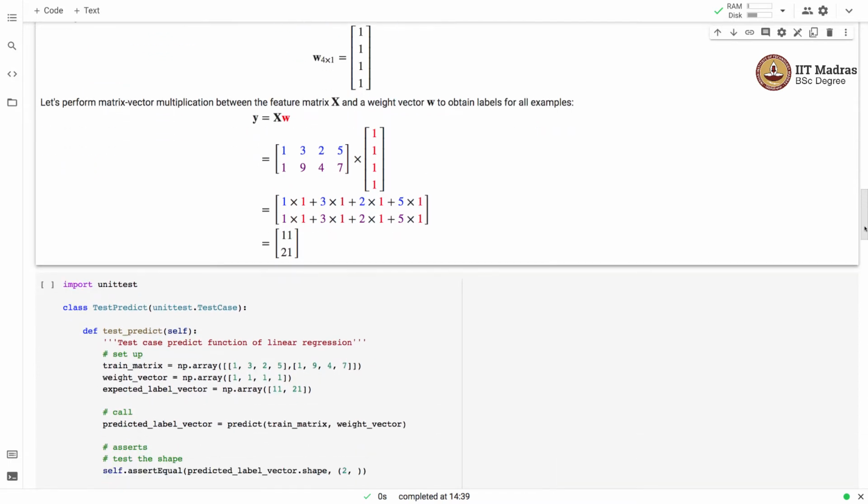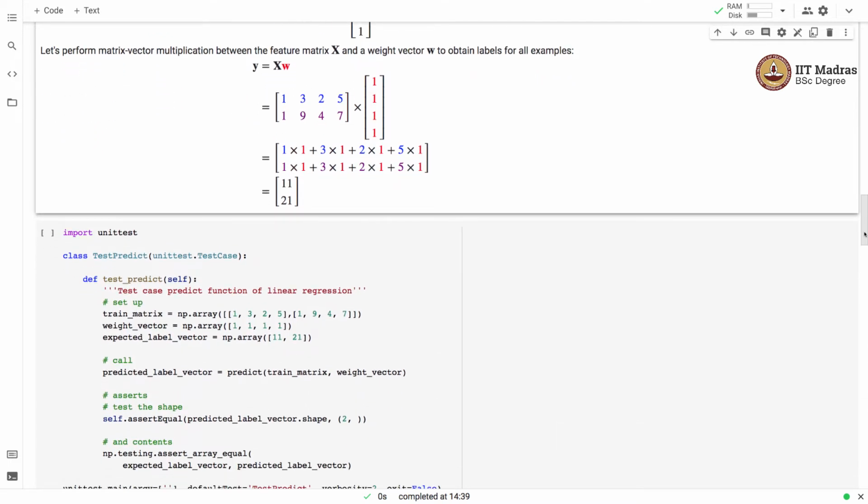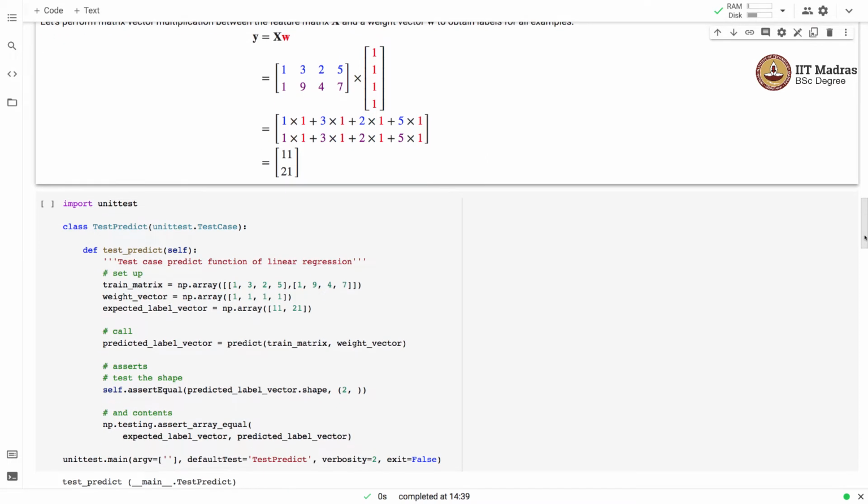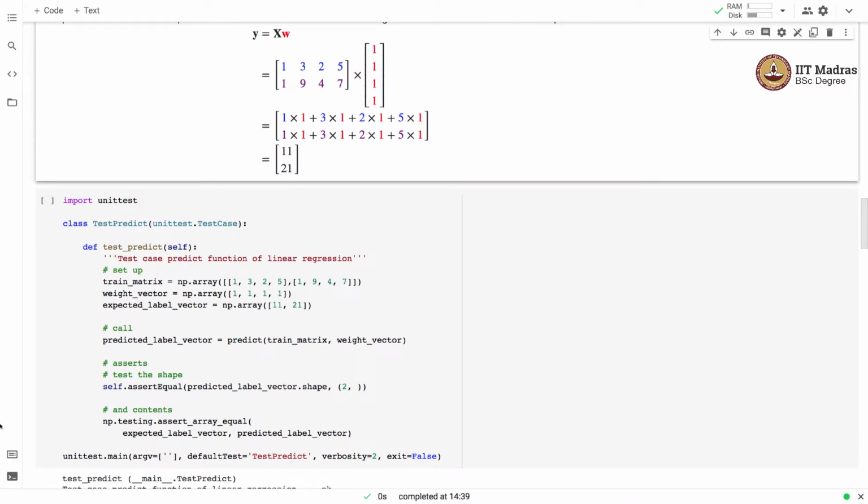Now with this particular test case that we verified by hand, we'll test the predict function. There are roughly 3 phases in the test. First is the setup, second is where we do the actual operation, and in the third phase we check the output that we obtain from the operation against the expected outputs. So here the training matrix is as we have used over here, a matrix of shape 2 comma 4.